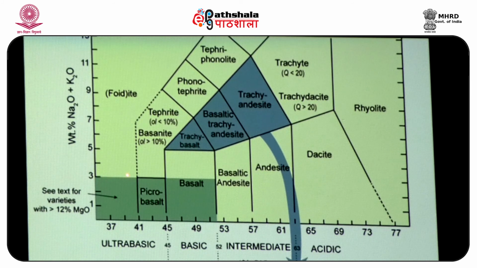So if it is less than 3% of Na2O plus K2O, and SiO2 from 41 to 45, it is called picro basalt. If it is the same level of Na2O plus K2O, but it has more SiO2, from 45 to 52, it is